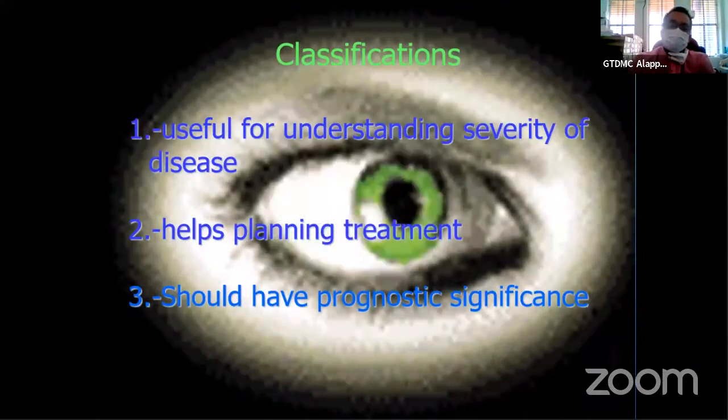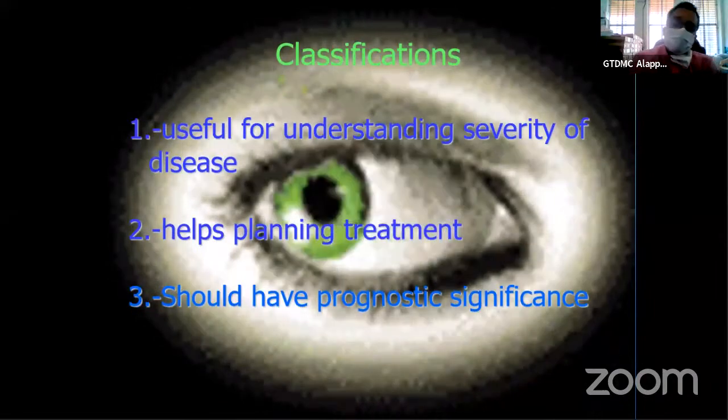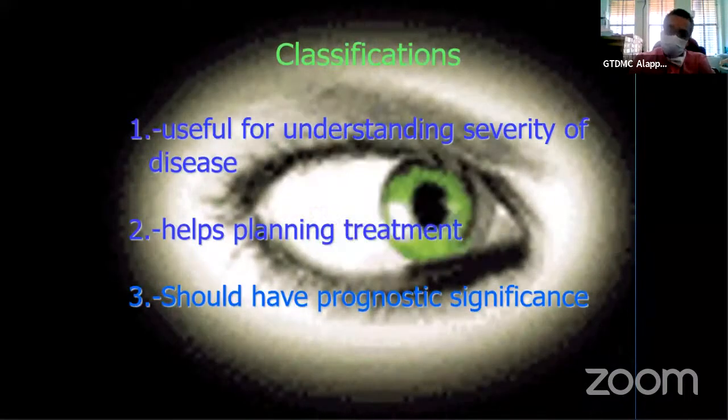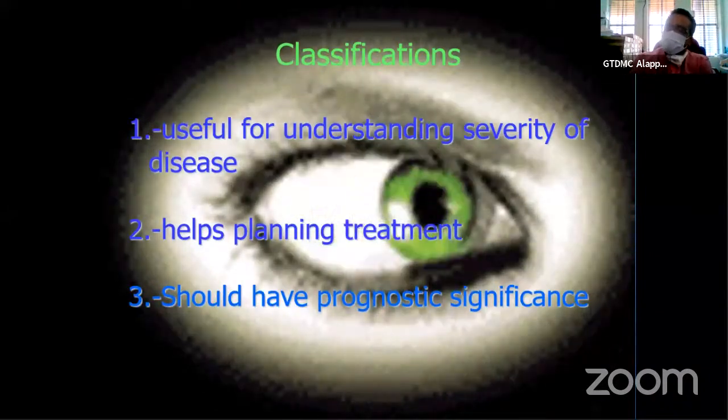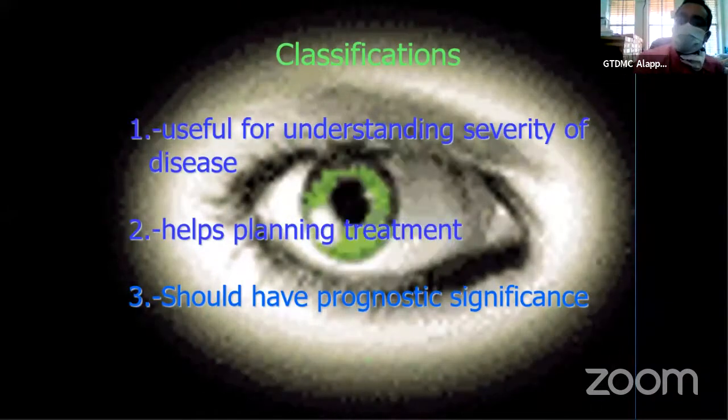Ideally, a good classification should help you understand the severity of the disease. As you ascend the degree, the severity should also increase. It should help in planning the treatment and should have prognostic significance. But unfortunately, none of the classifications suggested for pseudarthrosis of the tibia has